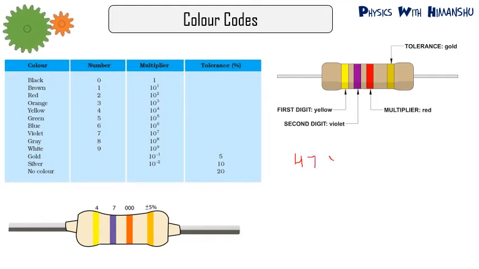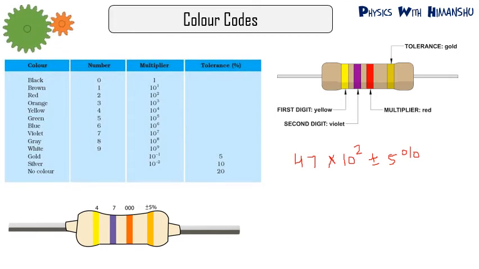Now put a multiplication sign. The third band is the multiplier, and the multiplier is red. For red, it is 10 raised to power 2. Then put plus minus. The fourth band is gold, and for gold the tolerance limit is 5%. So the value of resistance is 47 into 10 raised to power 2, plus minus 5%. Okay, similarly,